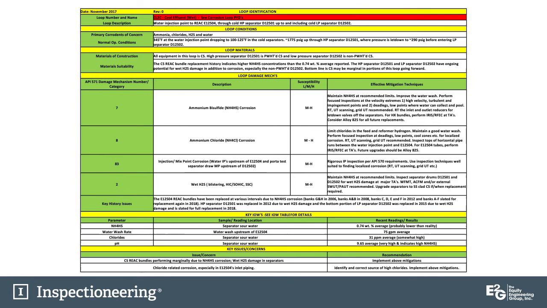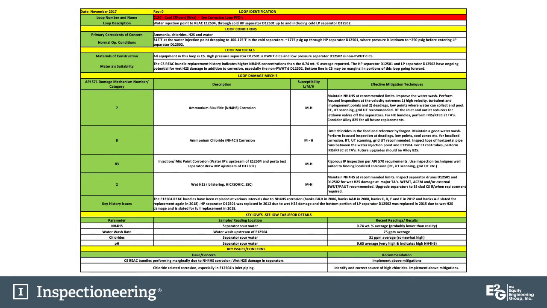I know this slide's real busy. We're not going to read everything on this slide, but this is an example of a write-up on the previous slide, that loop CL2C, that REAC system. This is the write-up on that loop. And key things that I like to see in the CCD loop write-up, of course, are the loop identification, the primary corrosive concerns, the operating conditions, what are the materials of construction,